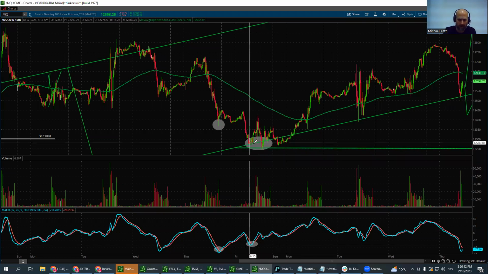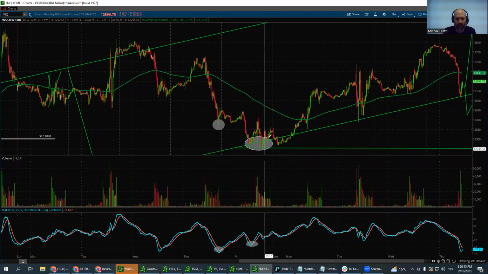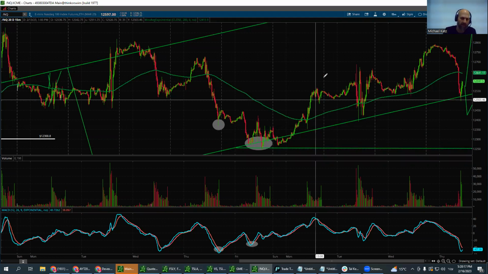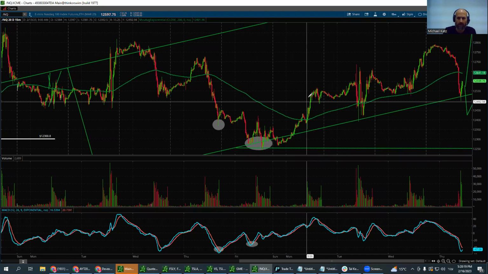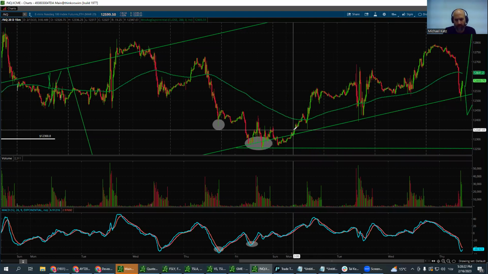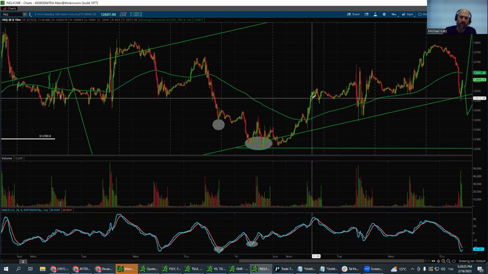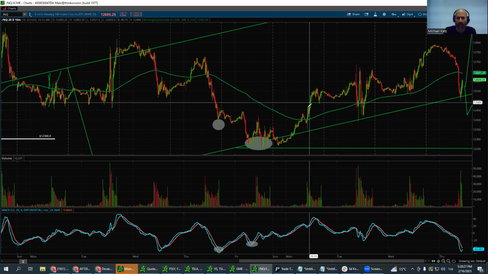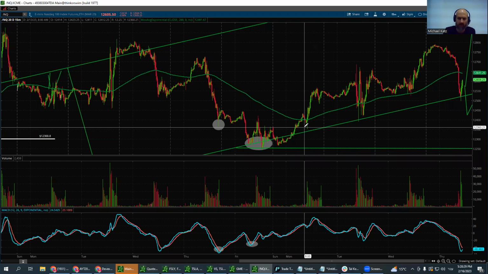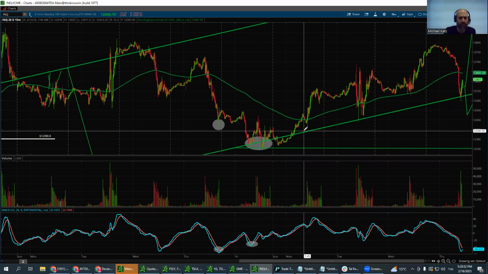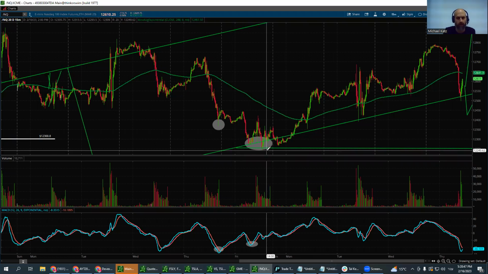Obviously, as you can see, it bounced up, then dropped down again, then bounced up, dropped, and only then, after a few weeks, or it's a 15, so after a day or so, did it actually start to move up. So you can work with it just as an extra check mark on your list that will help you understand if the price should continue to the downside or maybe flip to the upside.